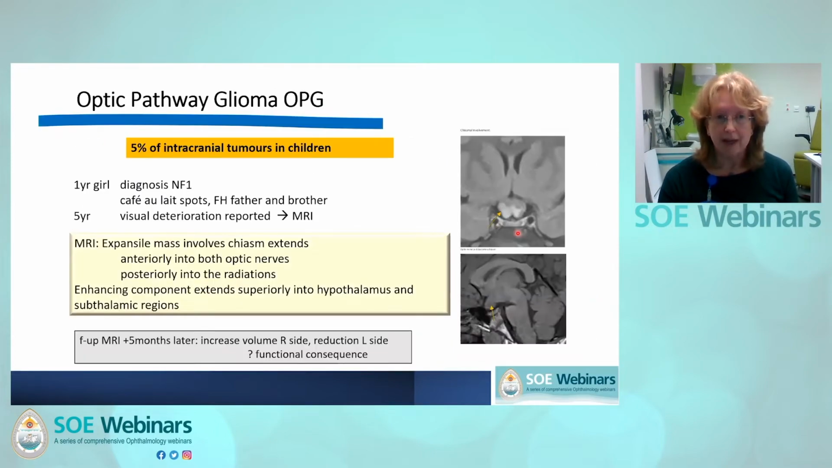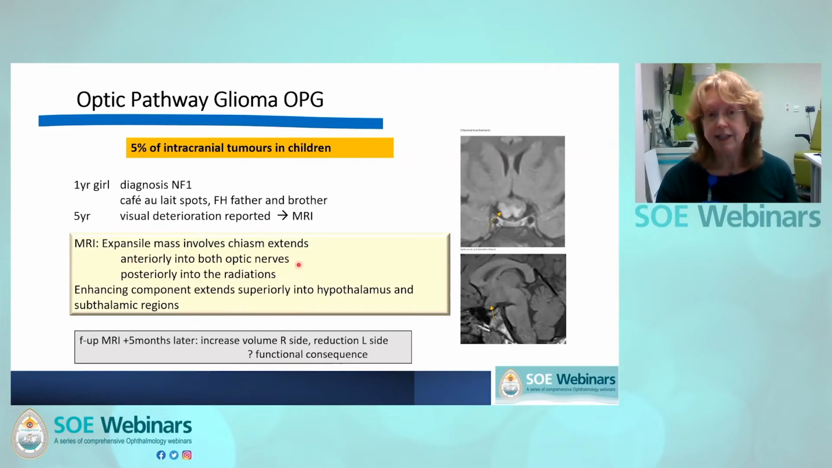So let's put this into practice. We monitor optic pathway gliomas in the ophthalmology clinic using pattern VEPs. Optic pathway gliomas account for 5% of intracranial tumors in children. And the patient I want to talk about, we saw when she was 5 years of age. But she was diagnosed at 1 because of cafe au lait spots with neurofibromatosis type 1, and her father and brother were similarly affected. Because of visual deterioration, she had an MRI that unfortunately showed a massive chiasmal glioma,